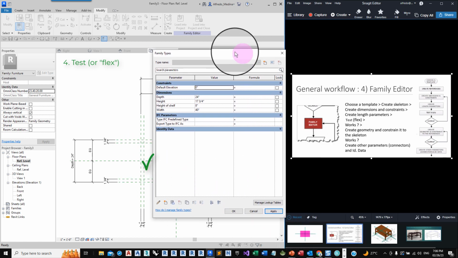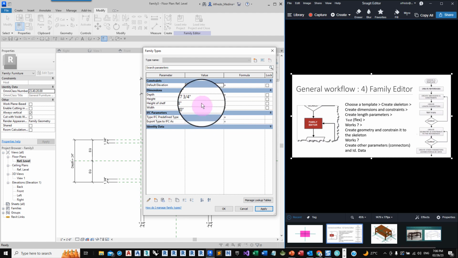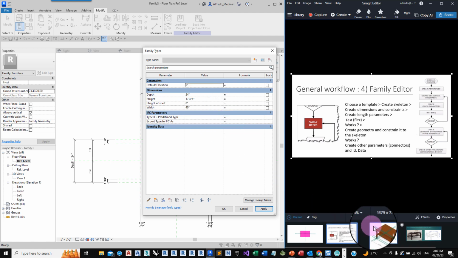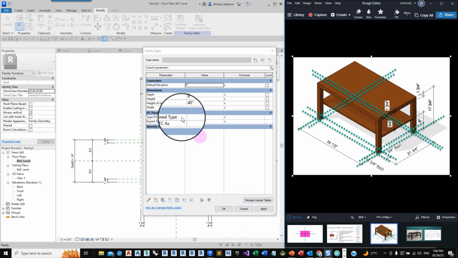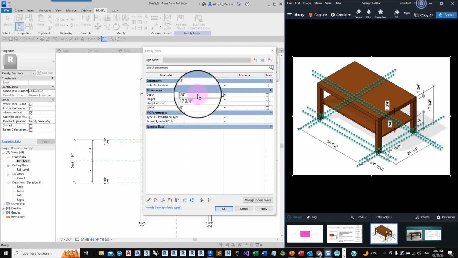So now we can proceed to do the geometry. Instead of canceling and doing undo, I can simply type the default values again, such as 21 3/4 for the depth, and for the width, 35 1/2.